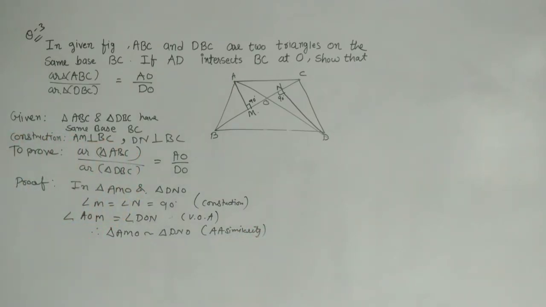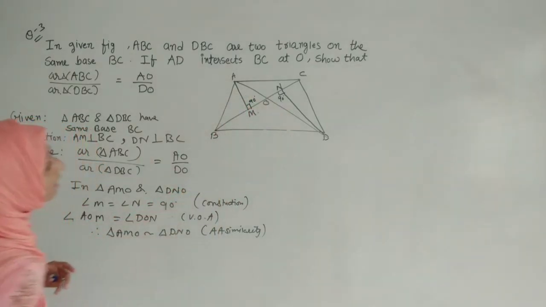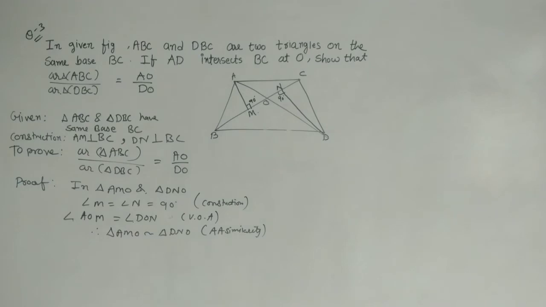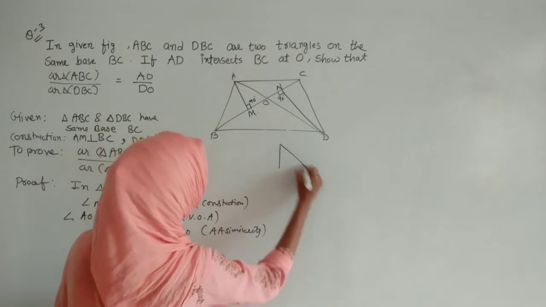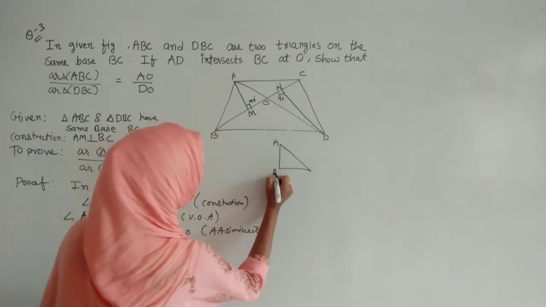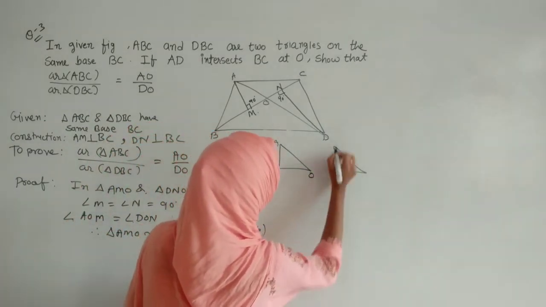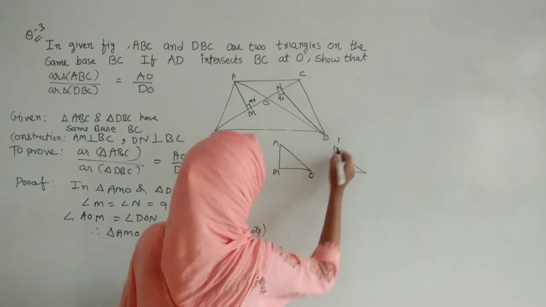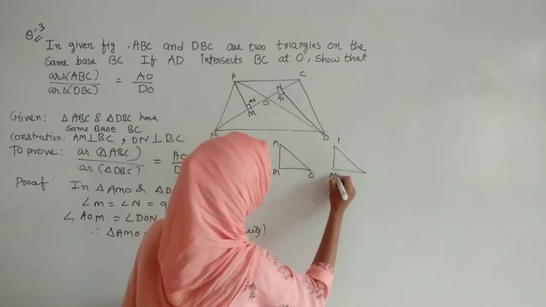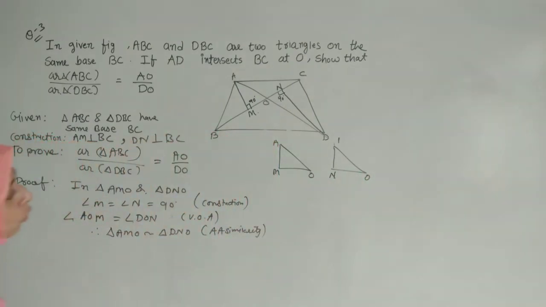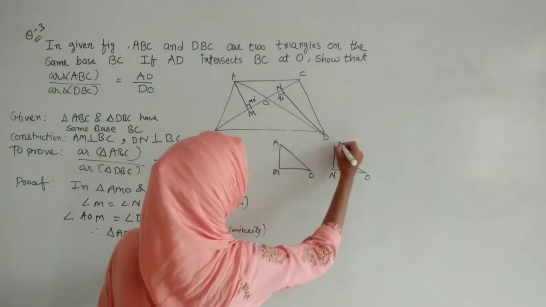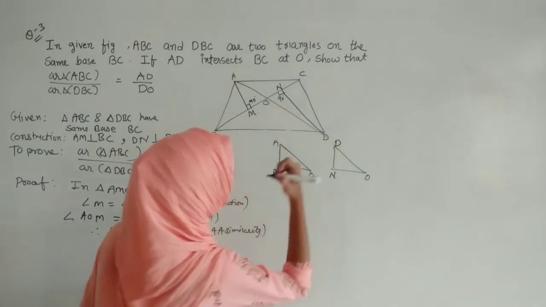So here, as you can see in the solution, we almost prove the small triangles similar. If the two triangles are similar, then the ratios will be the same, because now we have to exactly match two figures. One is AMO and another is what? Wherever there is M, we have to write M, and wherever there is O, we have to write O, because here we have mentioned two angles. The remaining thing is D, so wherever there is D we have to write D.